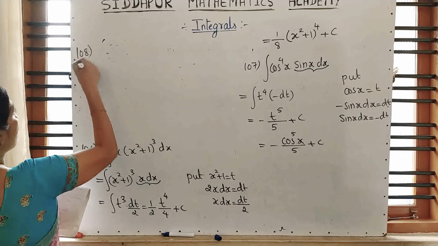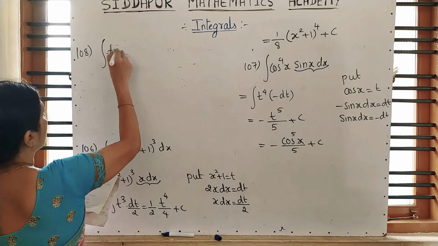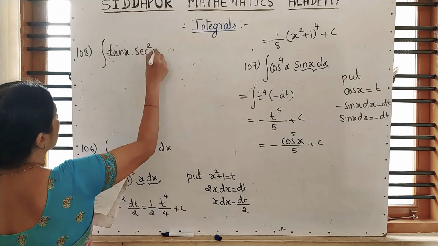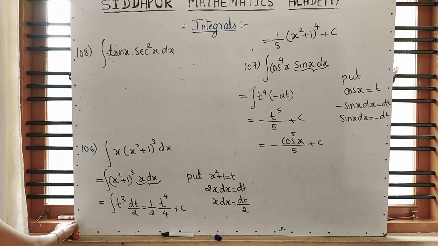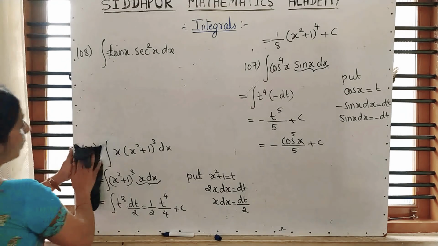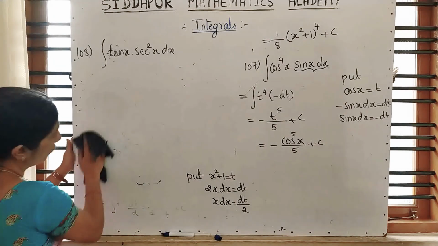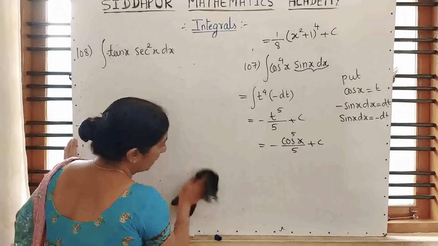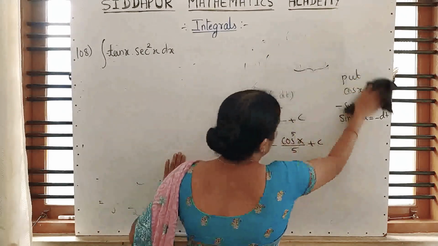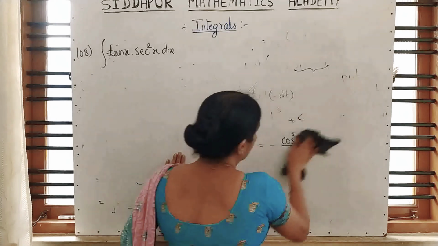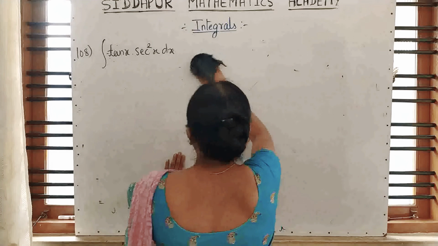Moving to the next question. By seeing this, now students will get a smile on their face because the problem is very simple. Before me, they will solve it. I'm sure about it. Yes, tell me what will be the substitution? Yes, the substitution will be tan x because the differentiation of tan x will be secant square x. Yes, all of you solved it? Then check your solution with me. Whatever I am writing, check with that.